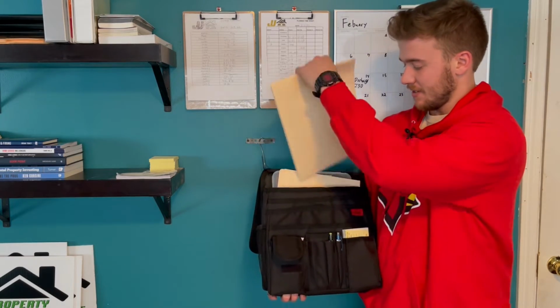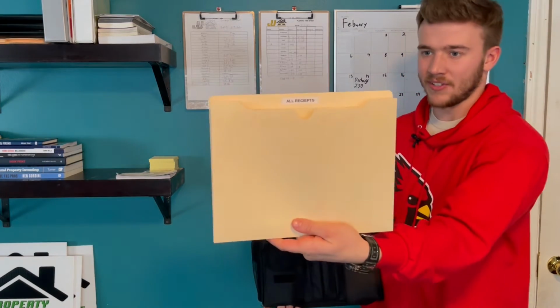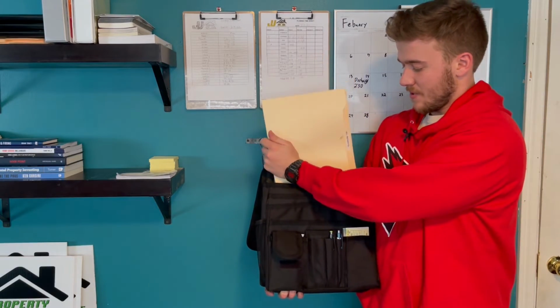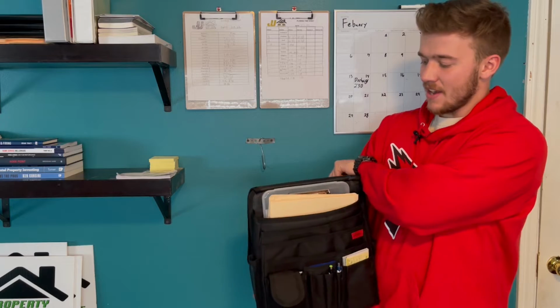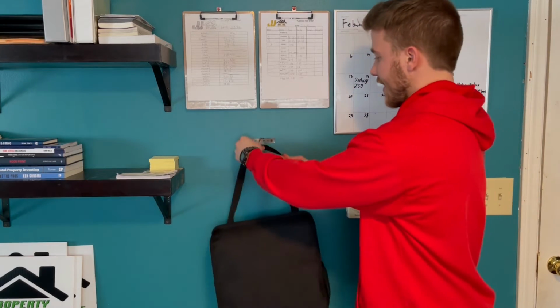And what it contains, this thing's really awesome for a bunch of different reasons. Anyways, the reason that I'm focusing on today is because I keep two folders in here. One of them is for all of my receipts, labeled all receipts. And what I do is I have this with me, and anytime I go out and I have to buy something, or when I go to the landfill during my garbage route, they give me a receipt and I put it in here. And then at the end of the month, I take all the receipts that are in here and I go over and I put them